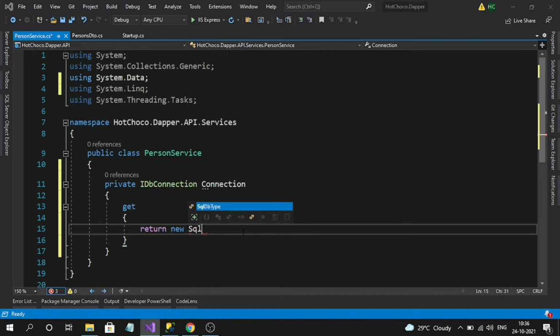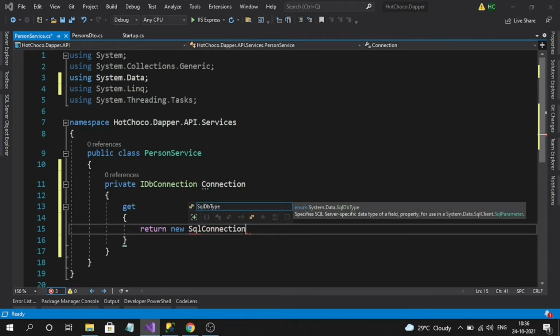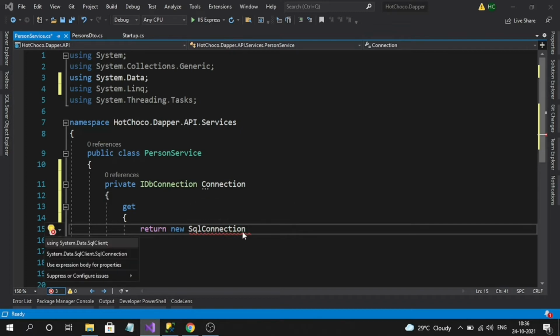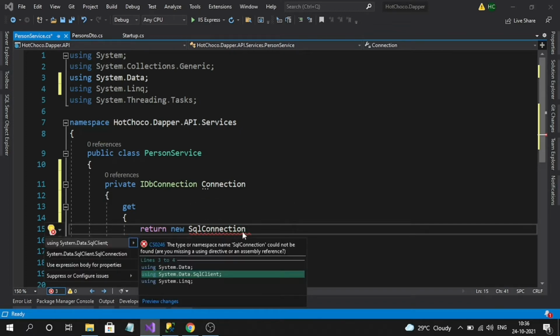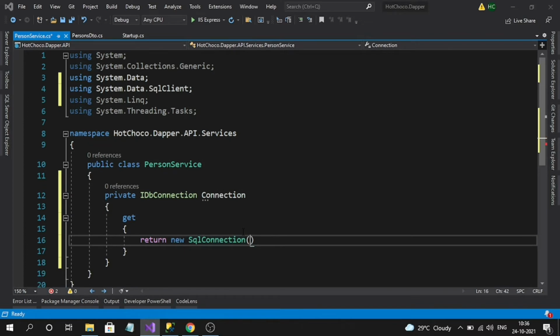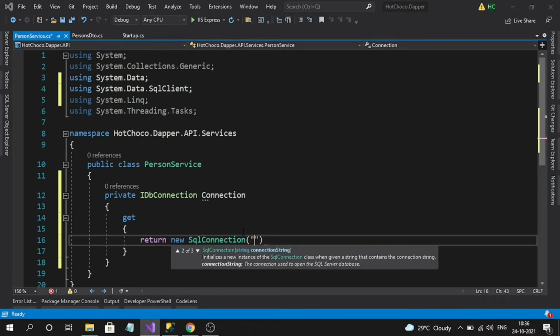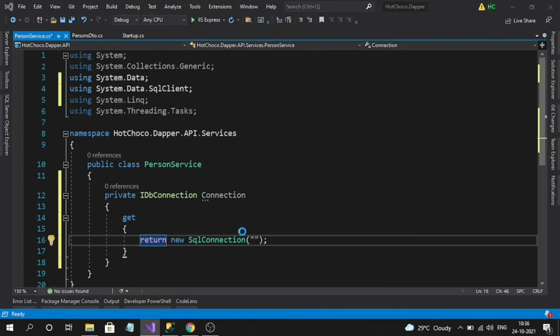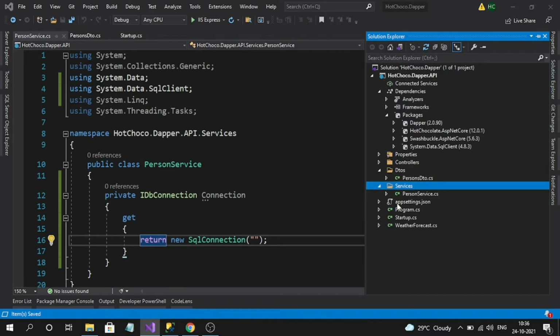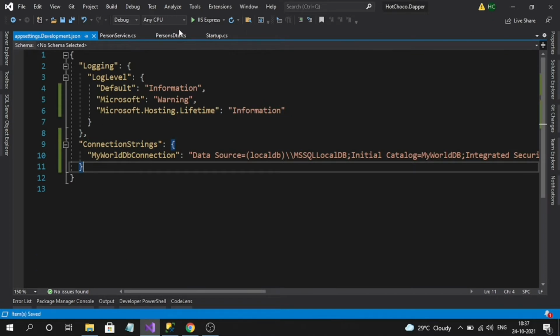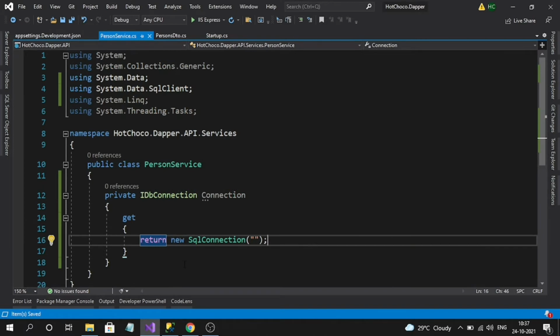new SqlConnection that loads from System.Data.SqlClient. Okay, and we have to pass here the connection string. Okay, so let me add my connection string into the appsettings.json. Okay, let me add it there. So this is my local connection string. So now I have to use it in my service. To do that,